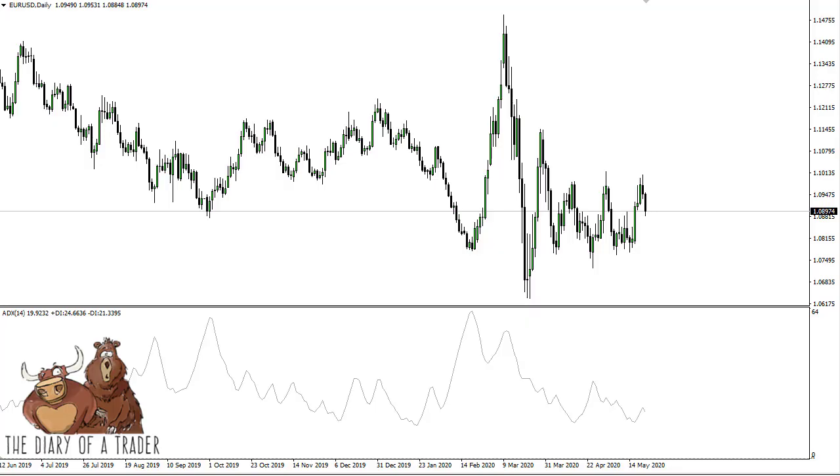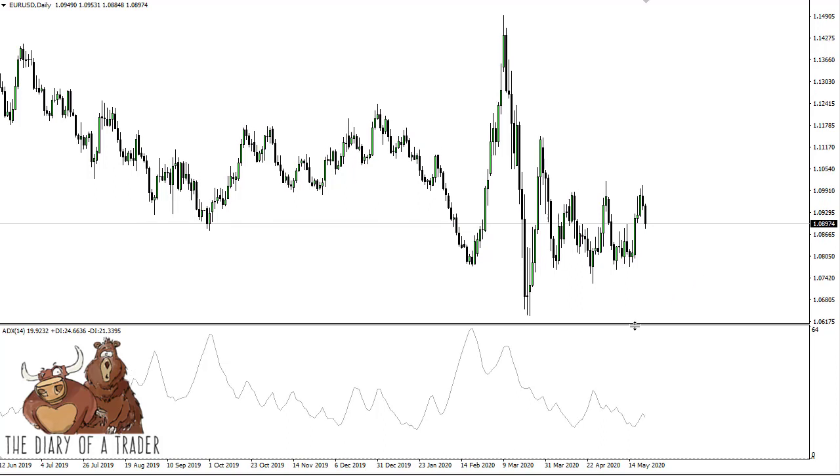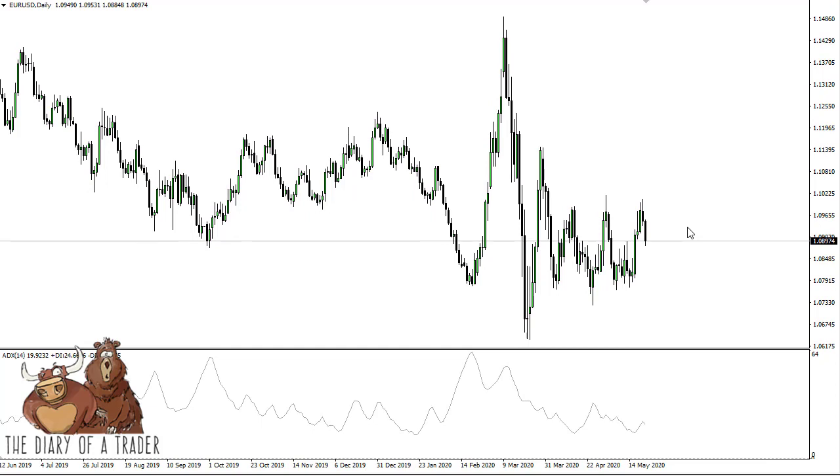In this video, we'll take a look at the ADX, which is also known as the Average Directional Movement Index. It's an indicator that Forex traders will use in order to measure the strength of a trend. It represents the average price ranges that are expanding or contracting over time. It shows a line that moves up and down, as you can see at the bottom of the chart, showing you whether or not there is strength in the movement. It doesn't define the direction, it simply shows the strength of a potential trend or move.